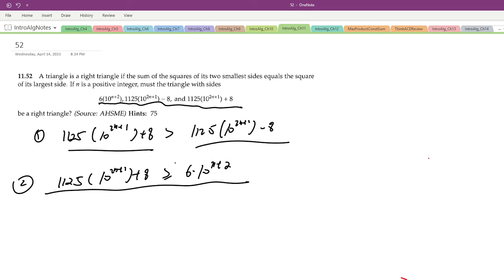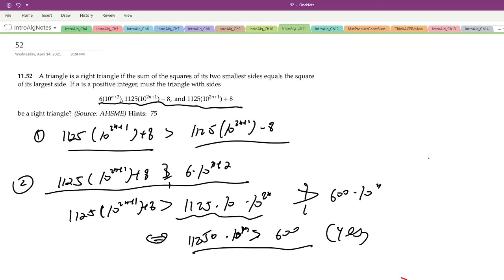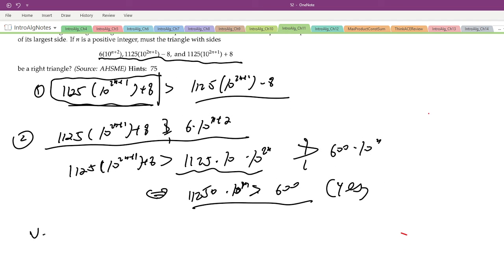Okay, let's prove it. So let's see this, 1125 times 10 to the 2n plus 1 plus 8 will be greater than 600 times 10 to the n, right? So it is equivalent to say, equivalently to see whether 11250 times 10 to the n is greater than 600, right? So n is a positive integer, so this is yes. So that's why this is the biggest number, right? So the longest side. Now we are to verify a right triangle, right, with the Pythagorean theorem,